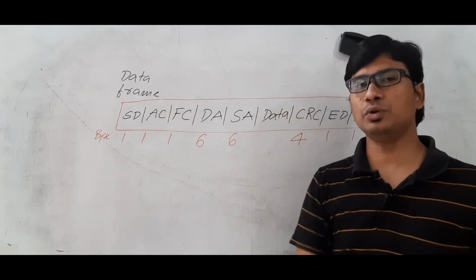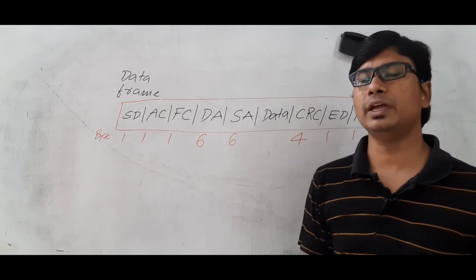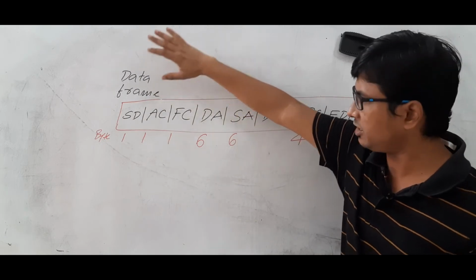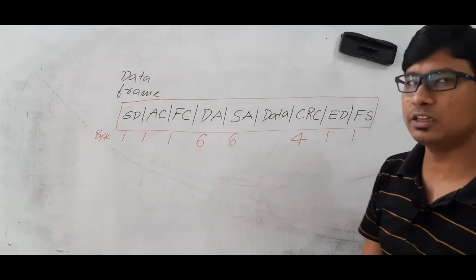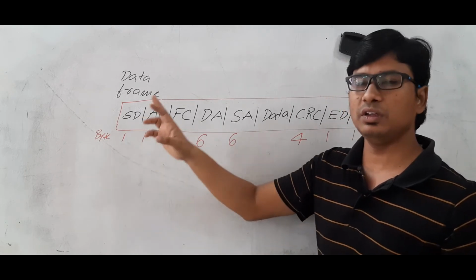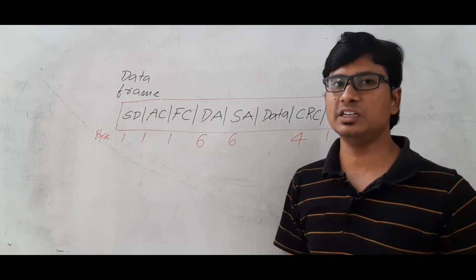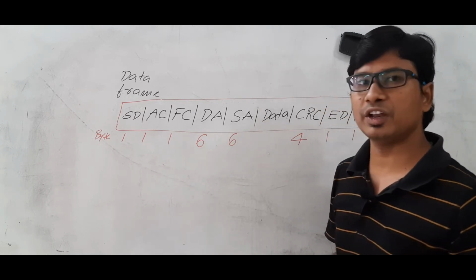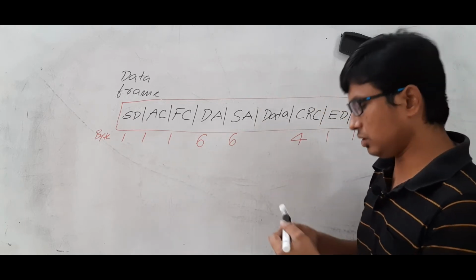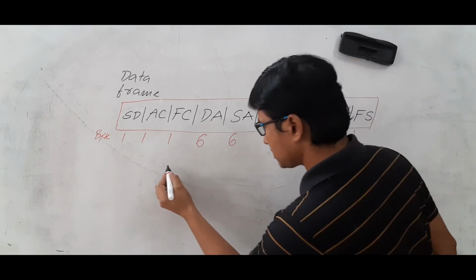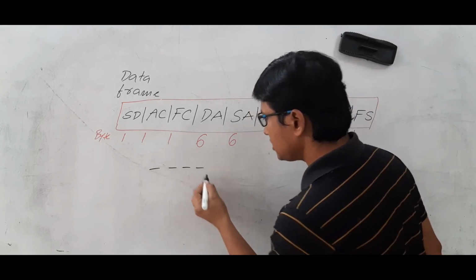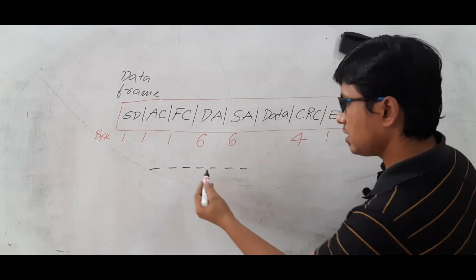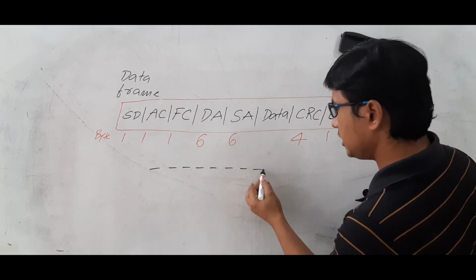Because when it is a token frame, the T bit will be enabled as 1, whereas in the data frame or control frame, we can even use it for sending the control signals also. So if it is 0, we can say that it is either a data frame or a control frame. Now we have the frame control. The frame control has 8 bits because it is 1 byte.